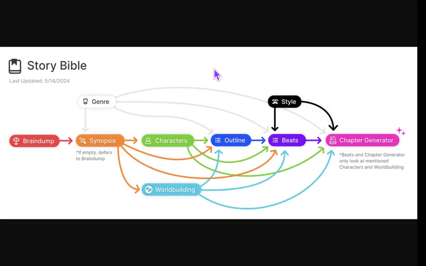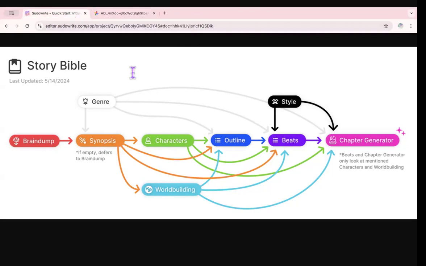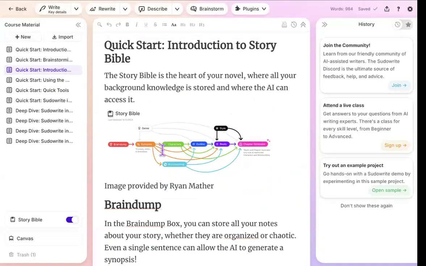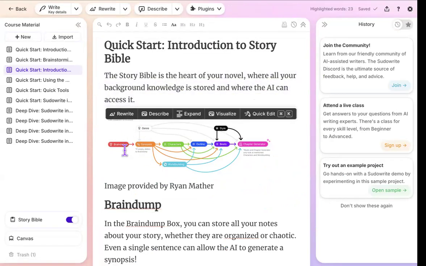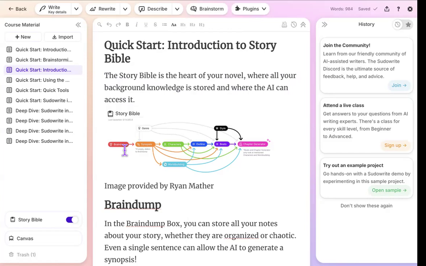Mm-hmm. And one reason that the laser tools often don't work is that they just don't see the boxes. So they only have the text that you highlighted, and if it's not enough, the AI is